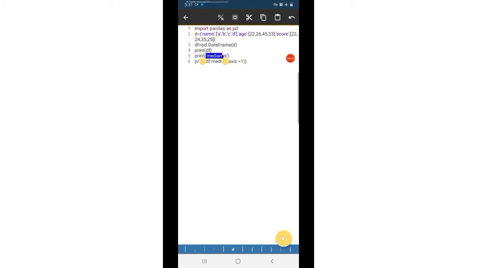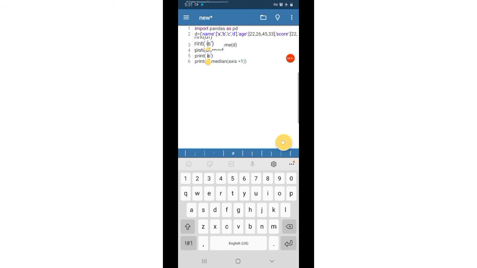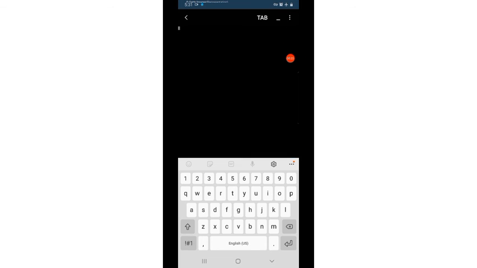Next we can calculate the mean. The mean is the average of the values in the rows.